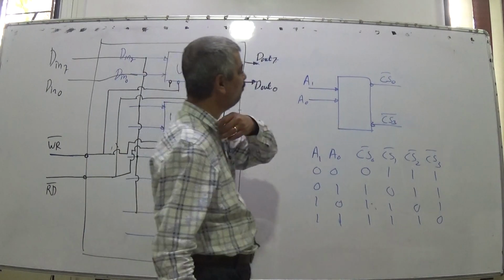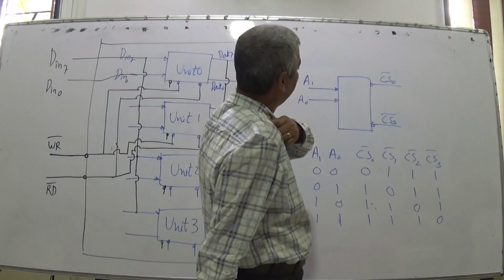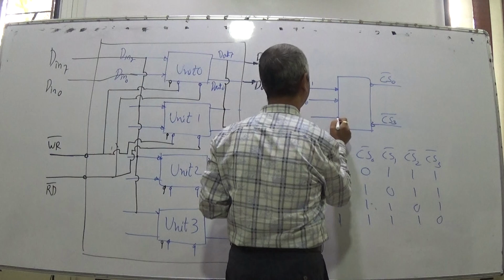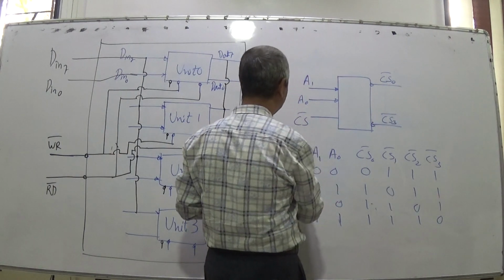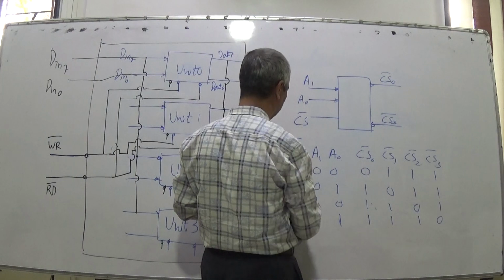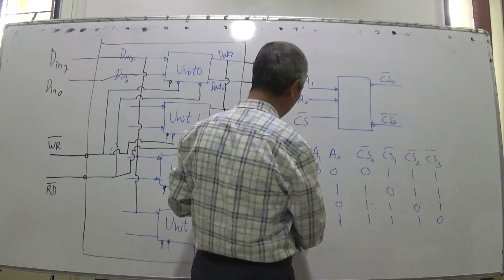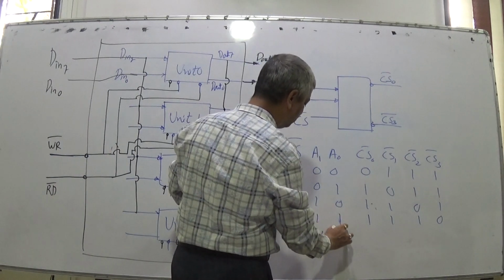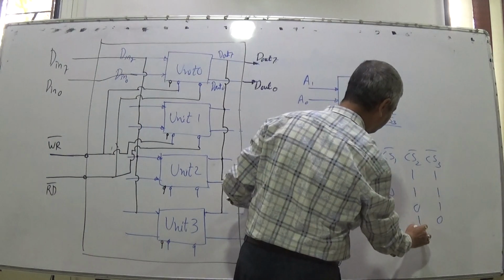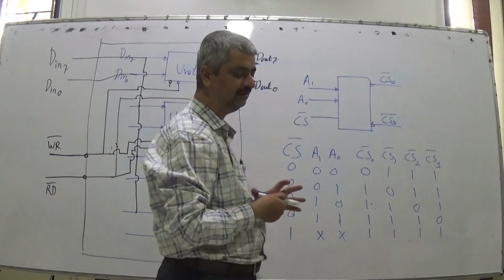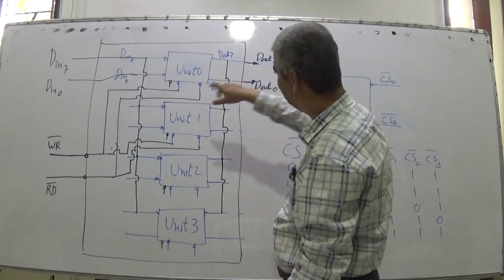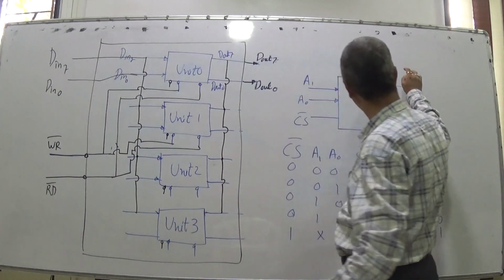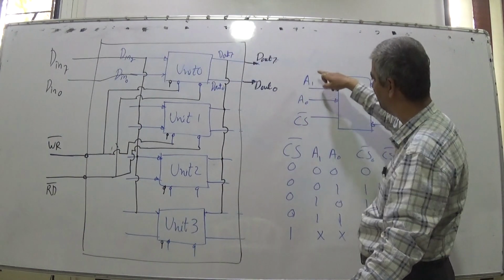But sometimes you don't want to select any of these 4. So what will you do? You will have master chip select, CS bar. So all these things are there if this is 0. And if you don't want to select any of them, if you keep it 1, irrespective of this, all 4 will be 1. All 4 will be 1. So this CS0 bar, CS1 bar, CS2 bar, CS3 bar would be given from this circuitry, which is having address